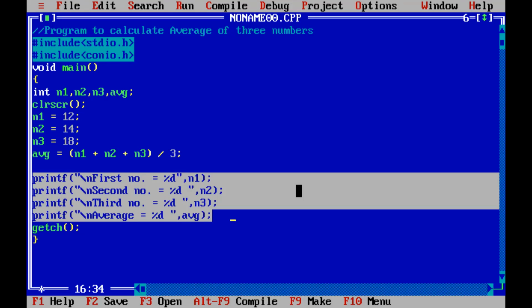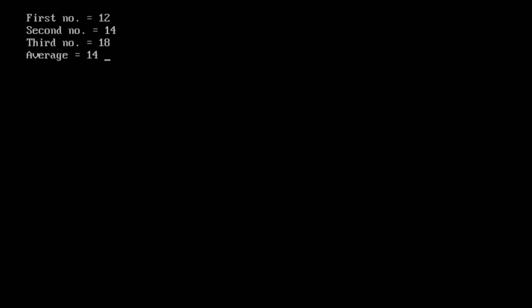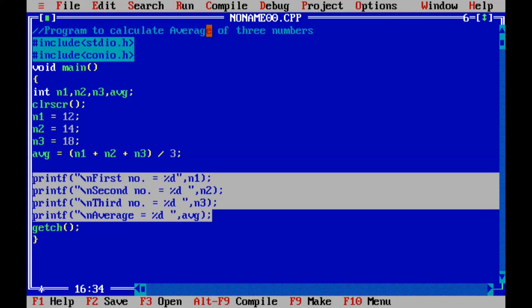Yes, sir. So where is the result displayed? Where is result displayed? So to execute this program, you can see here the run tab or run menu. So just use this. So here in this output, you can see first number. Is it visible to all of you? Yes, sir. So this is the output. Understood everyone? Yes, sir.